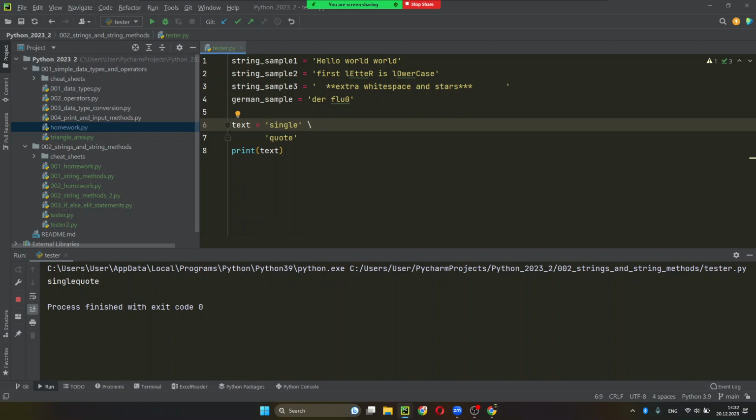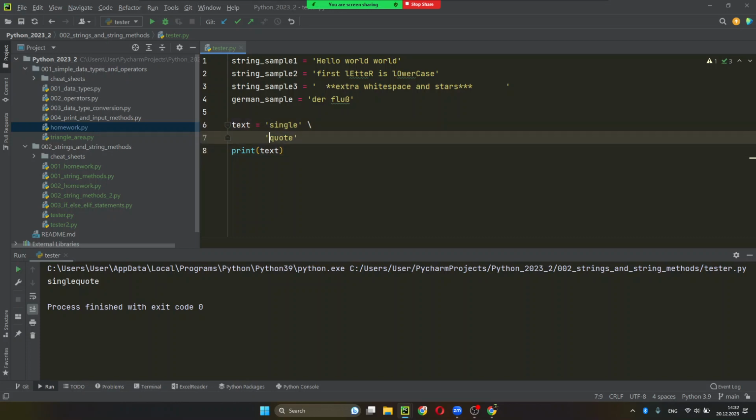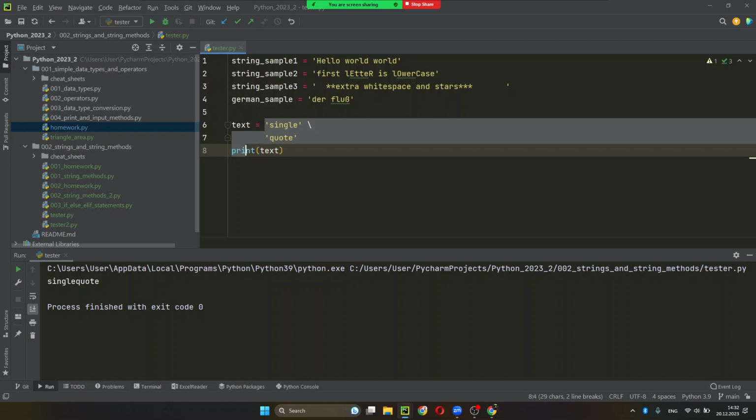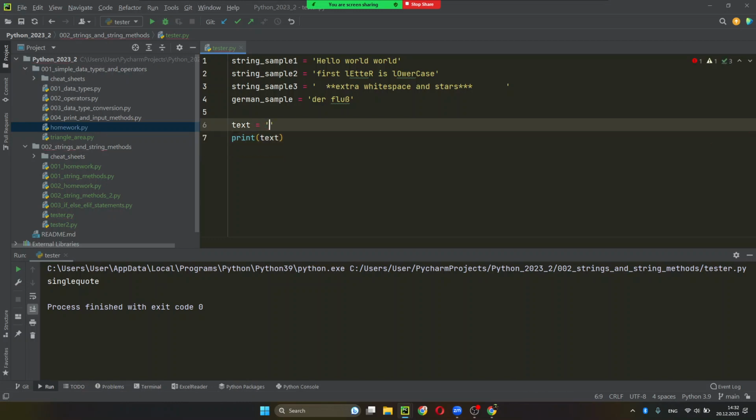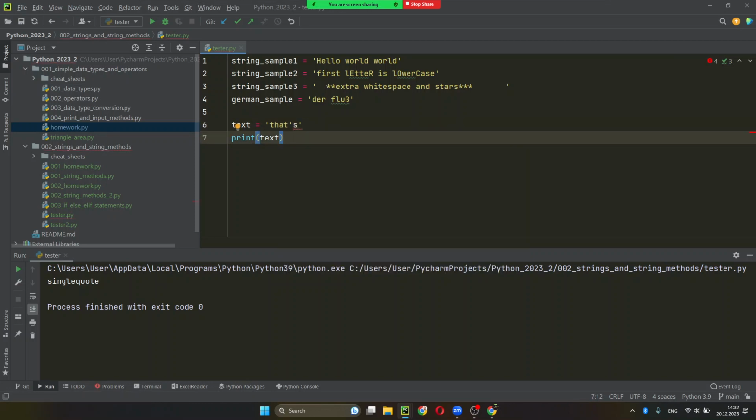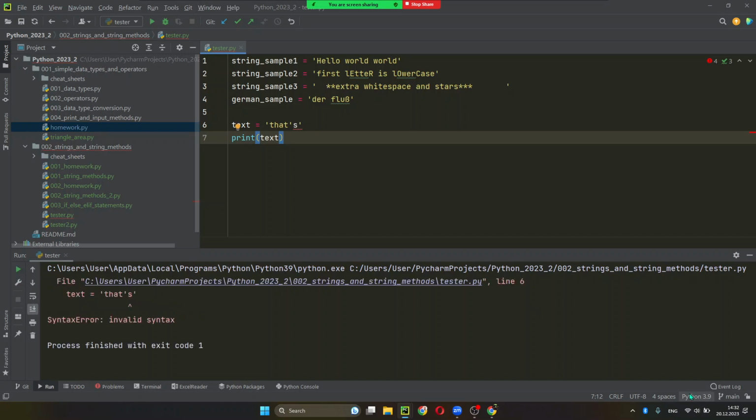There was a problem before in Python when you wanted to use, let's say, the word that's. So that's has a single quote inside it. And if I do it like this, actually I can change to Python,